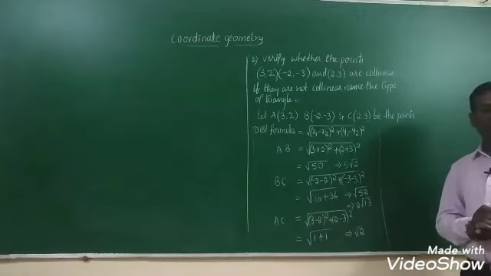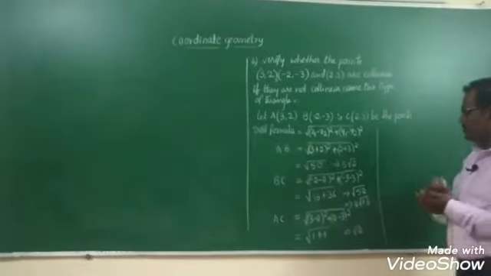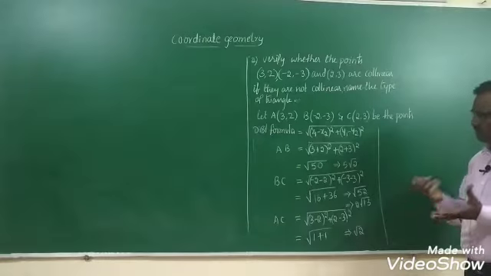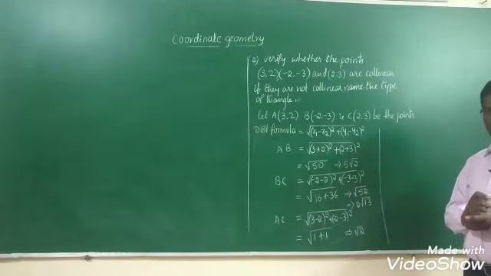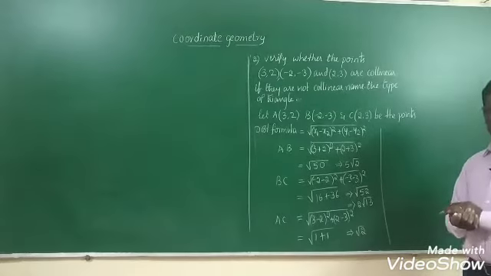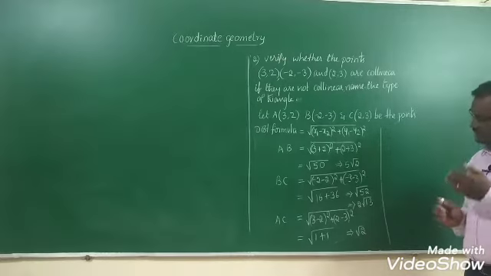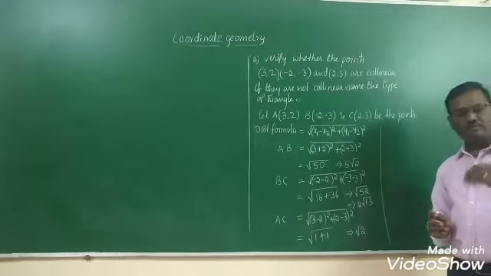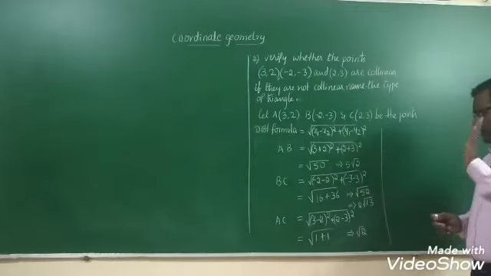Now we can verify what kind of triangle we get. Now we go with squares of these lengths, directly verifying. Of course, they never form an equilateral triangle, because we know that all three lengths are equal for an equilateral triangle. It is not possible. And if any two lengths are equal, we get an isosceles triangle, which is also not possible. One and only one other option: we have to verify whether they form a right triangle or not.